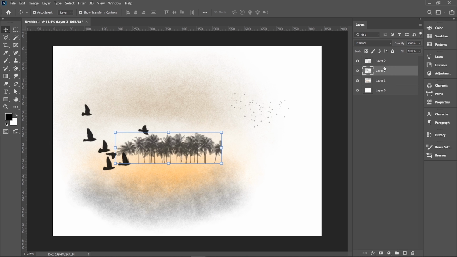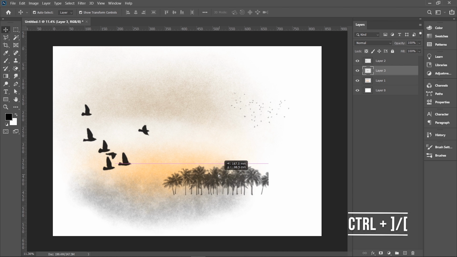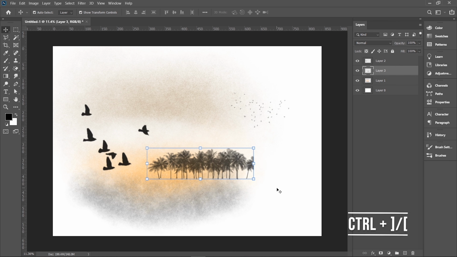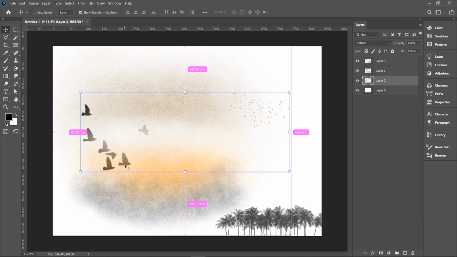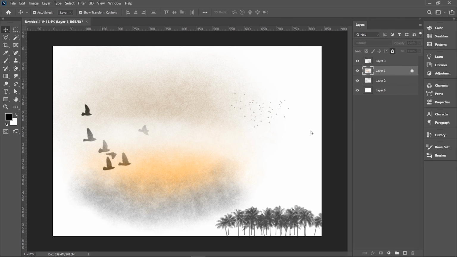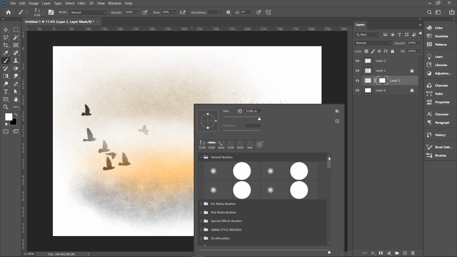You can move layers backward or forward by dragging and dropping or using the Ctrl plus square brackets from your keyboard. To move the layer to the top, press Ctrl plus Shift plus square bracket. This looks fine. It's better to lock the background white layer so that it doesn't disturb you while working. I have already discussed about masking in previous videos. If you haven't watched them yet, check out the links.